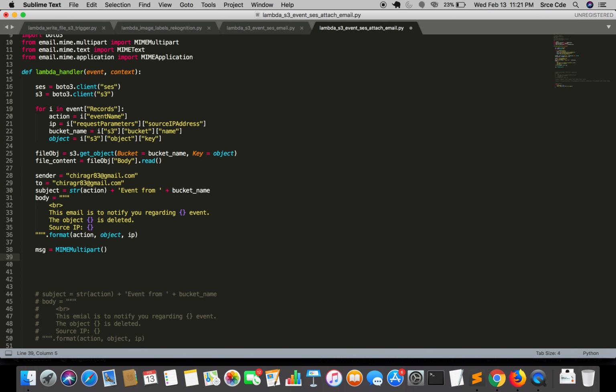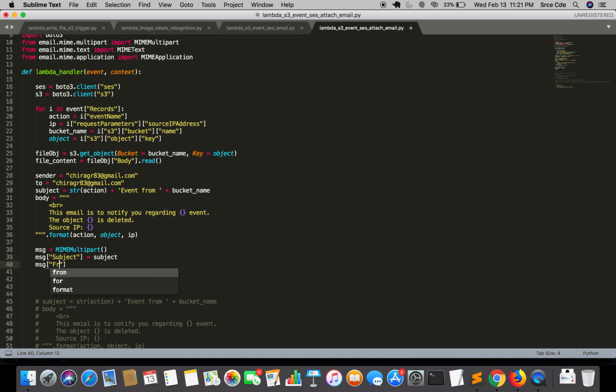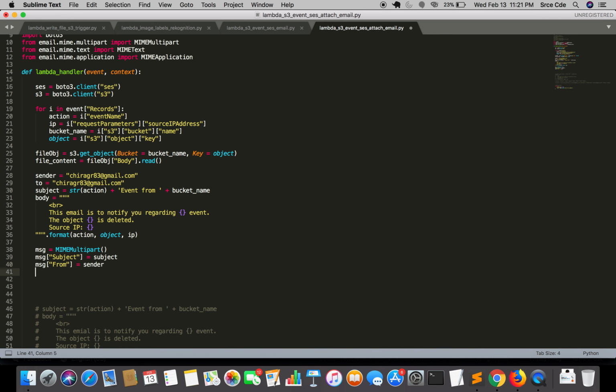So we will start with subject. It is subject. Oops, subject equal to our subject that we have defined. Then from, that will be our sender. Then to, that will be our recipient. In our case it's to. And moving along,